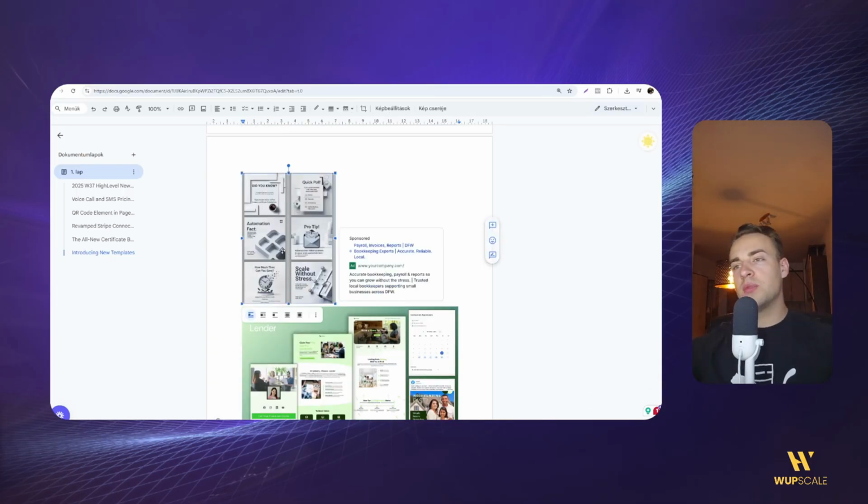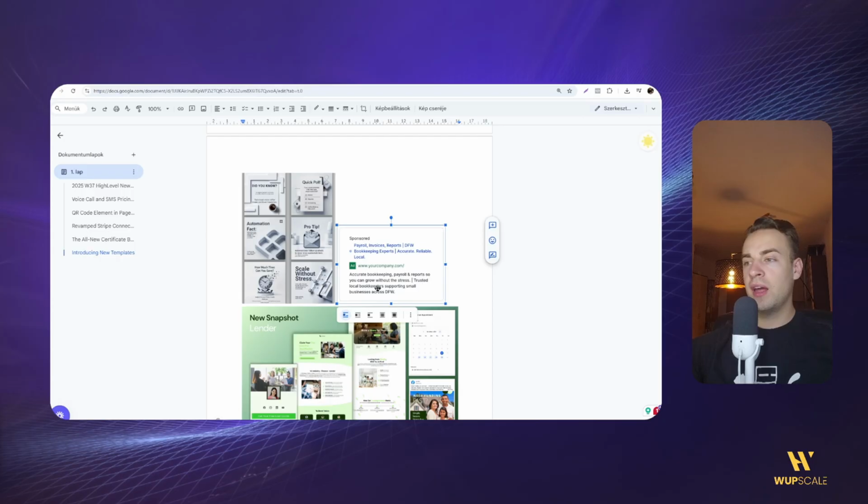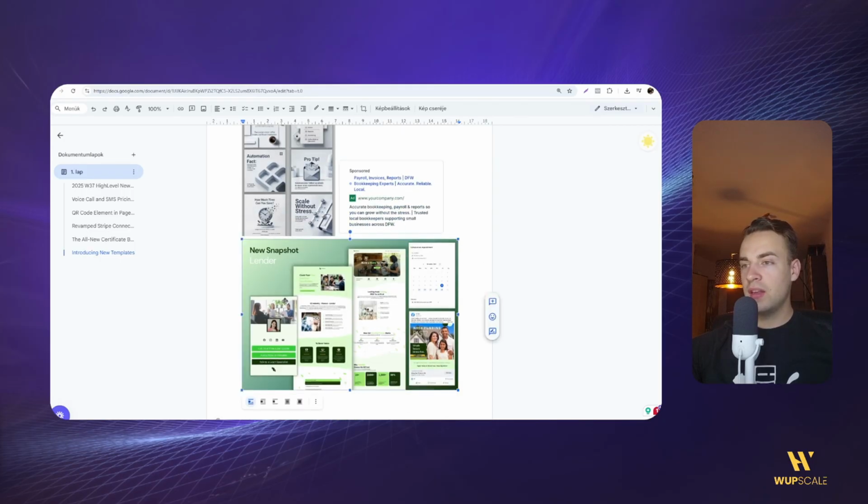So here are some social media templates. This is a Google ad preview. And then here's the new snapshot for the lenders. It has a pre-built funnel, automation, calendar setup, some Facebook ad preview as well. You just need to edit the templates. And then this one is also a great look. So let's actually take a look at this